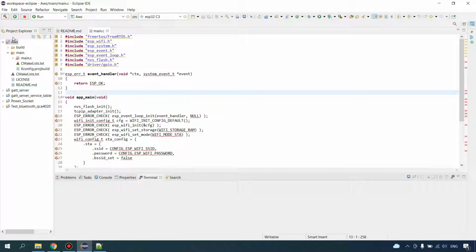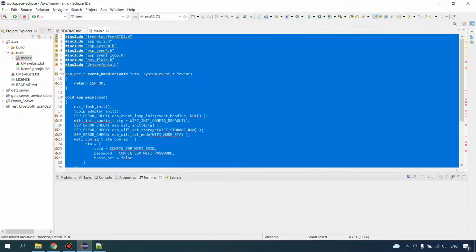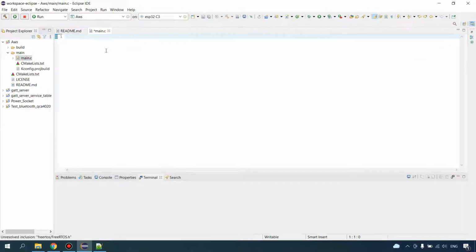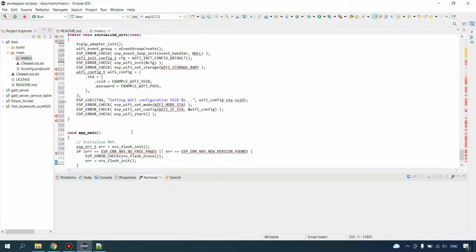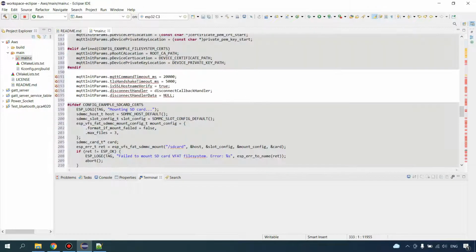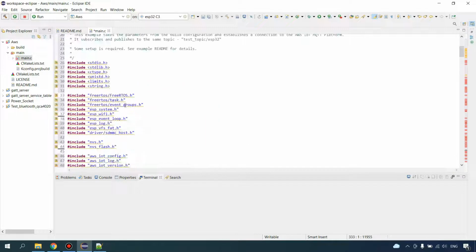This is our AWS project, this is our main.c. Select all, delete it, and paste the example code here. So now we'll just compile this code before going through it.